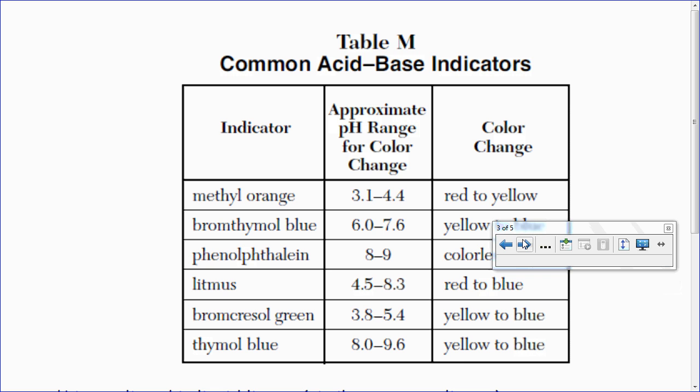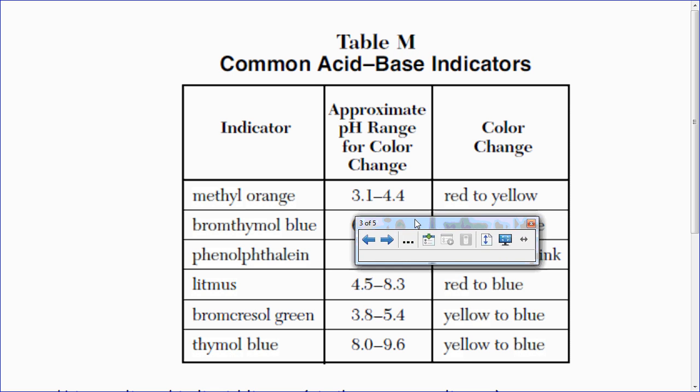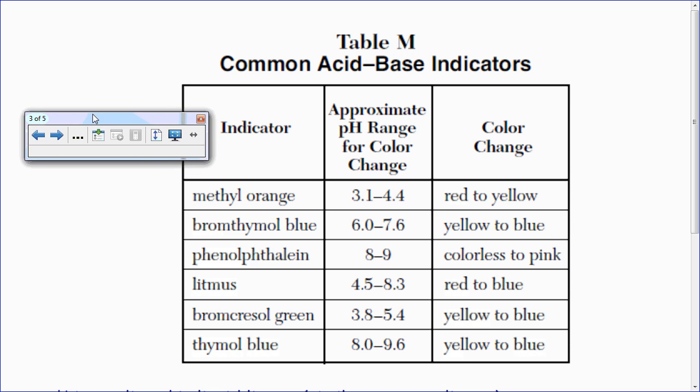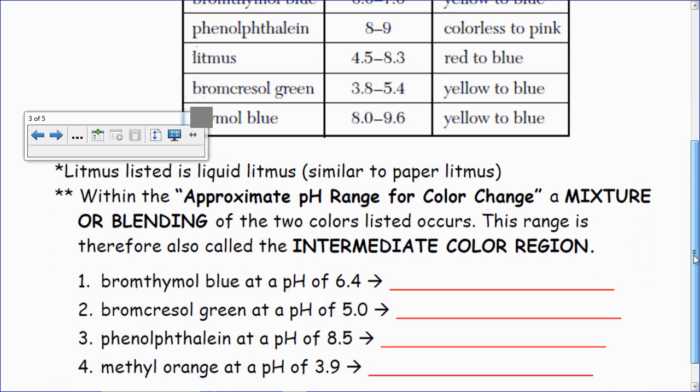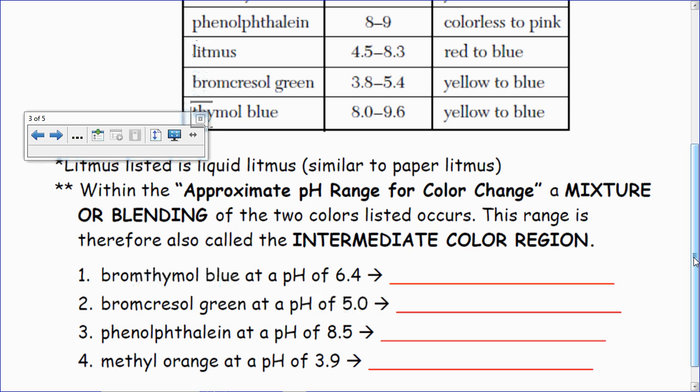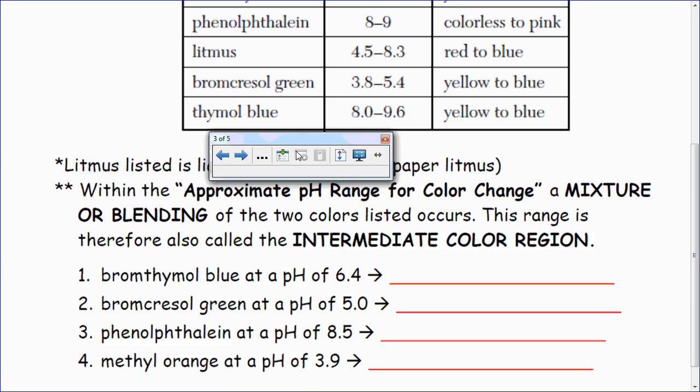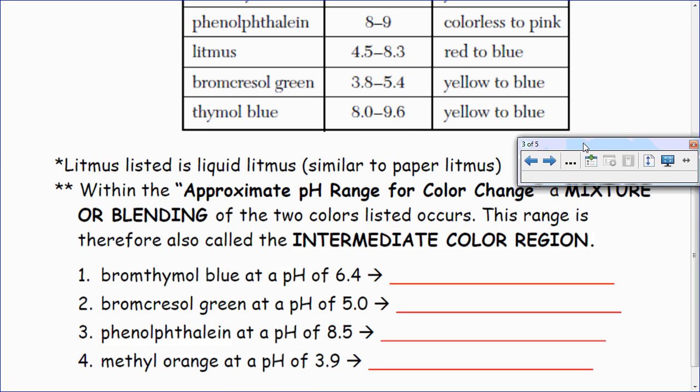Period. There's Table M. There is a list of 6 useful indicators: methyl orange, bromthymol blue, phenolphthalein, litmus, bromcresol green, and thymol blue. Now, litmus is liquid litmus, not to be confused with the paper litmus. They are similar, they do the same task, but